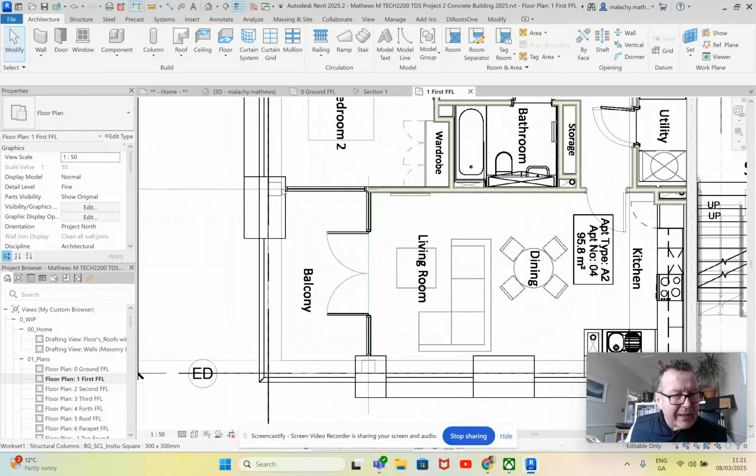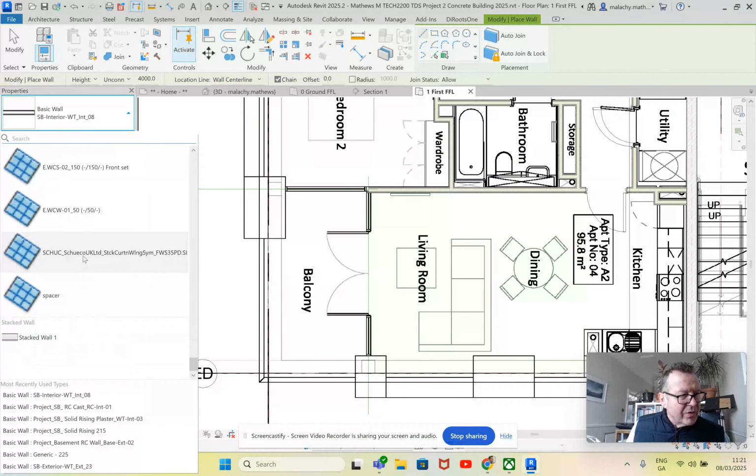Now, we've got glazing the whole way across here, and we've got glazing the whole way across here. I think the easiest way to do that is just with curtain wall glazing. They will be big sections that will be brought in and placed. If we don't do curtain wall glazing, then we're going to have pieces of wall at either end, which doesn't really work. So let's get into wall over here,